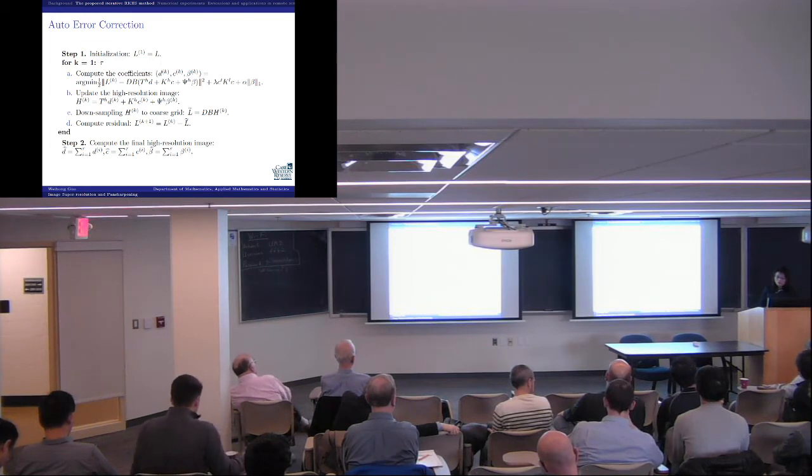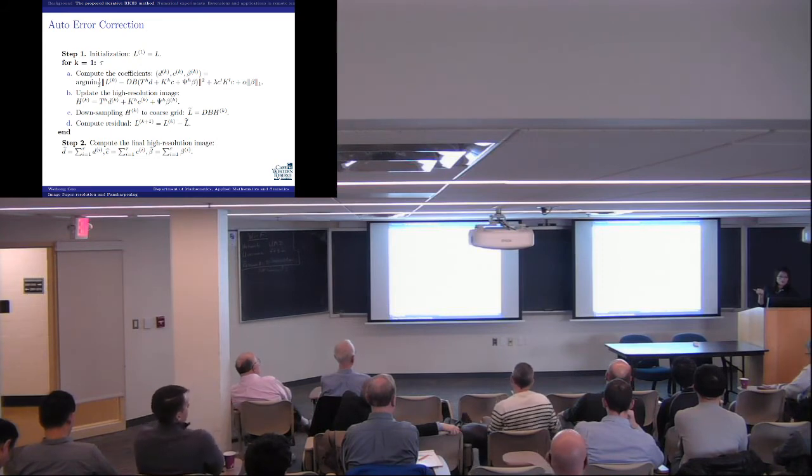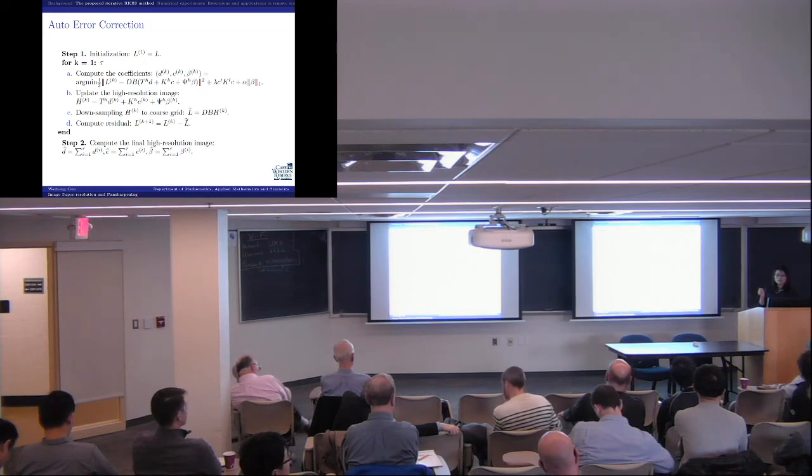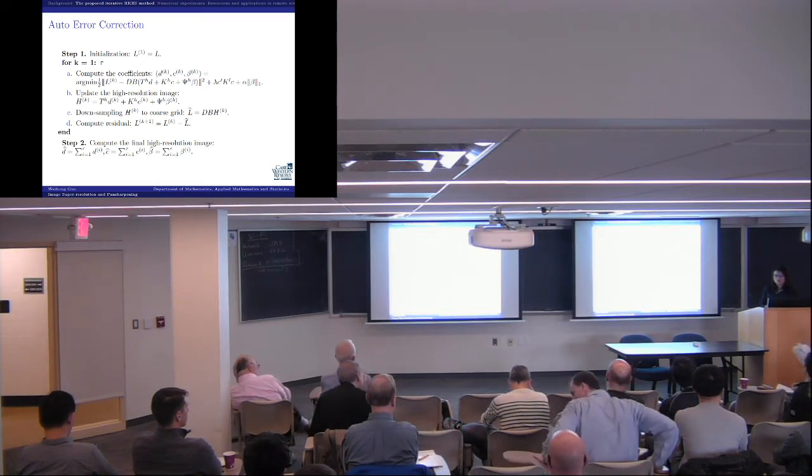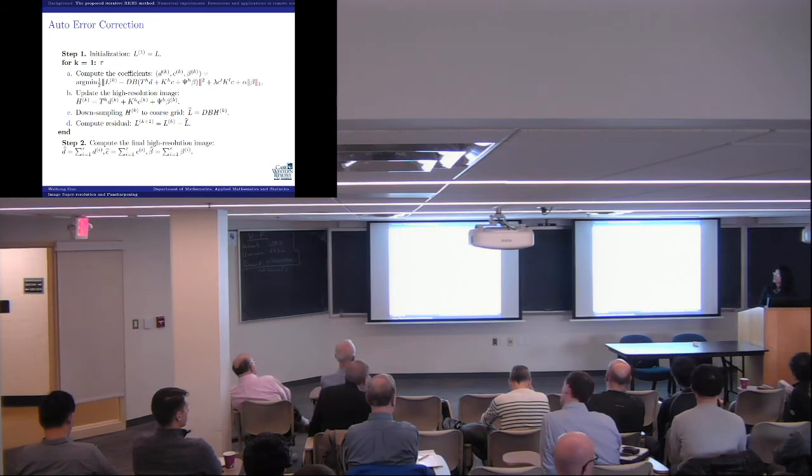Okay, so the error could come from a wrong choice of your basis, like the kernel you choose for RKHS might not be good. And it could also come from not so perfect computation. Even after you choose a perfect basis, when you solve the minimization problem, you probably end up with something not so convergent or not so accurate. So how do we reduce the error? We're not going to guarantee 100% removal of the error, but we have a sort of auto correction scheme. The idea is sort of back projection.